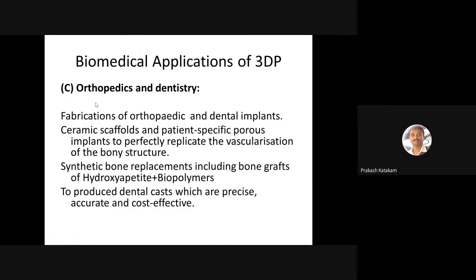The materials commonly used are hydroxyapatite. Hydroxyapatite is a bone tissue, and they also use biopolymers like polycaprolactone for bone replacements, and also dental casting. They use the precise, exact shape of the dental shape and size. Our teeth do not match with each other. So far, what happens is they make generic teeth and put them in, replacing the existing teeth. So other side effects come from using that particular replacement of the teeth. That could be avoided, because you can replace the same teeth using the shape and size of our anatomy.